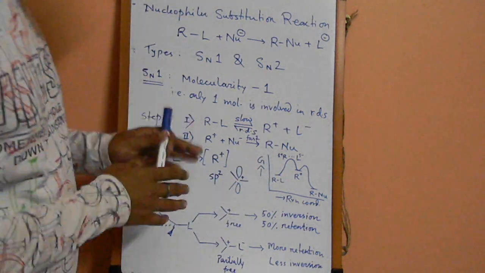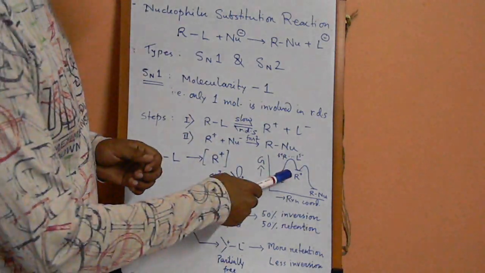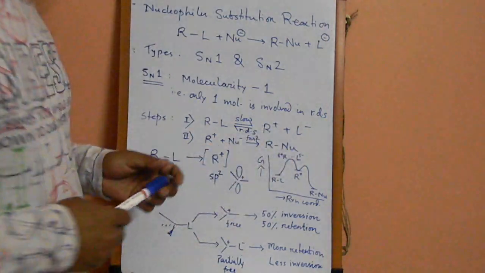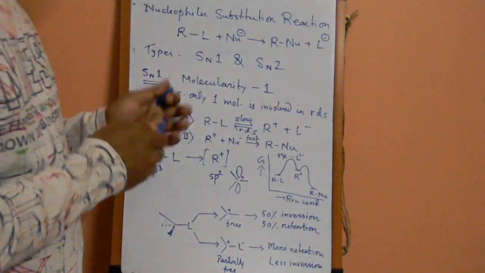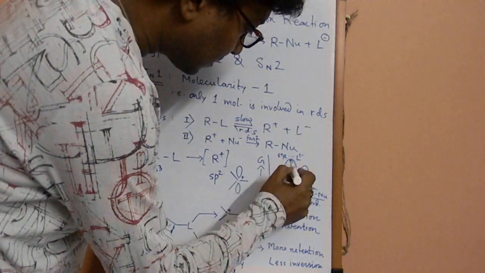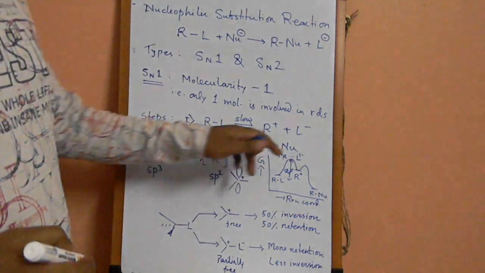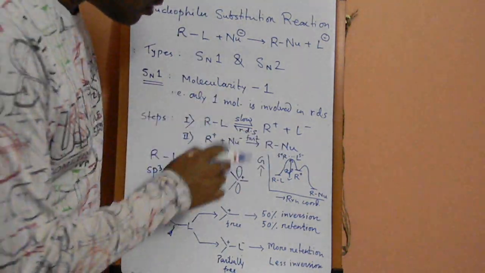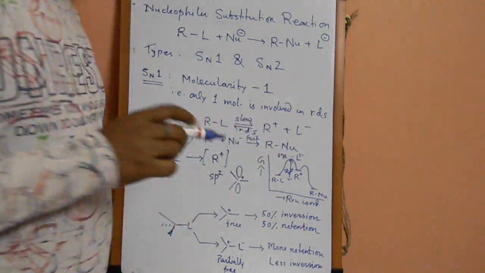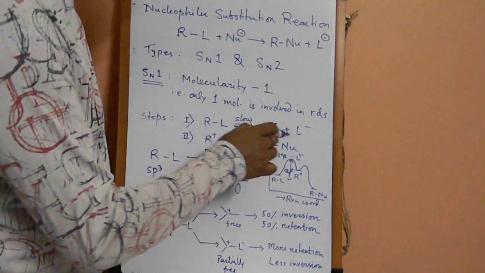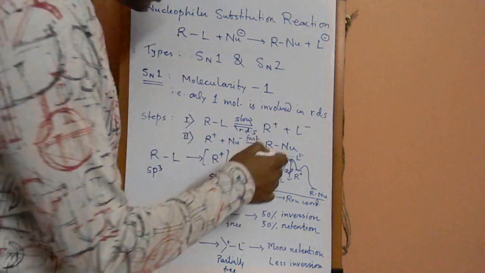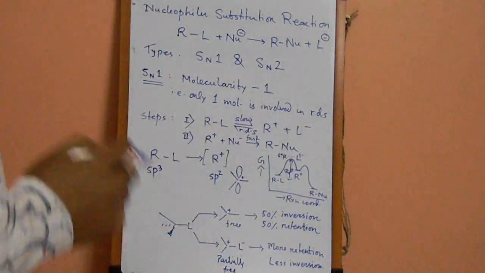So when we talk later about the stability of the R plus, or this step, the rate determining step of the reaction, it is very important to consider the activation energy of the reaction, that is delta G prime. Then it is important to know the transition state, because its stability is very important to consider the kinetics of this reaction or the possibility of the reaction. So that's why this kinetics diagram is very important.